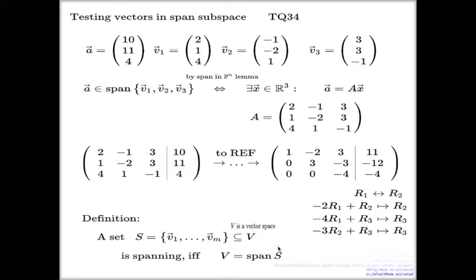From the structural point of view, it's quite a significant piece of terminology. In fact, if you think about this carefully, you will realize that the vector space, which is like an infinite object, which has infinitely many components within it, can be linked to a finite set of vectors all together through the span. For instance, if you take this set of these three vectors up here, v1, v2, v3, and you ask whether this set is spanning,